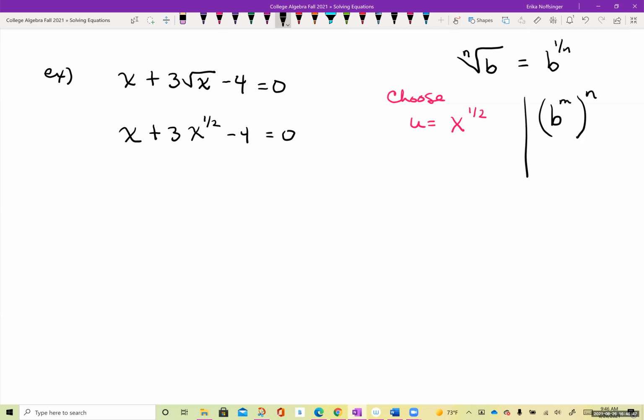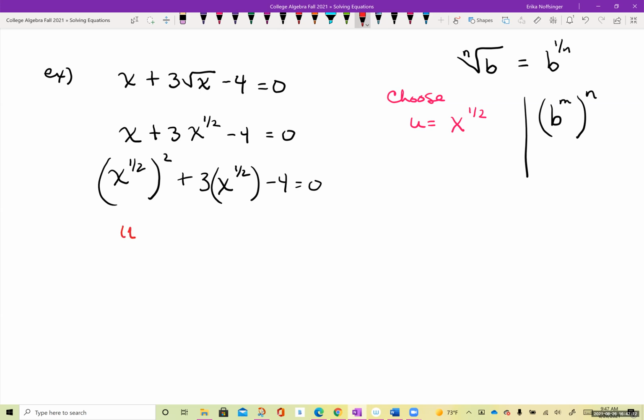And so I can rewrite this as x to the 1/2 squared plus 3x to the 1/2 minus 4 equals 0. So now wherever I see x to the 1/2, and I could have just kept it as square root of x if I wanted to,